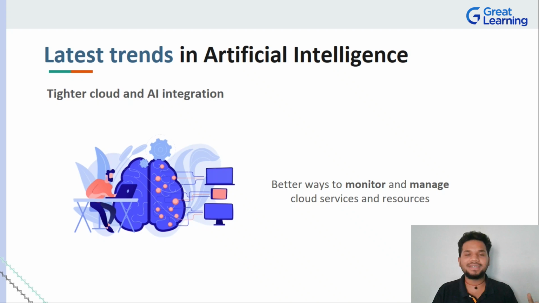So bringing artificial intelligence together with it is ensuring that we have better ways to not only monitor all this data movement, but also manage all the resources that are present in the cloud. This ensures that at the end of the day, your costs go down, your efficiency goes up, and of course, you can cater to a wider audience at a cheaper price, right? So look forward to this trend where cloud computing technologies implement a lot of AI related products and bring them to